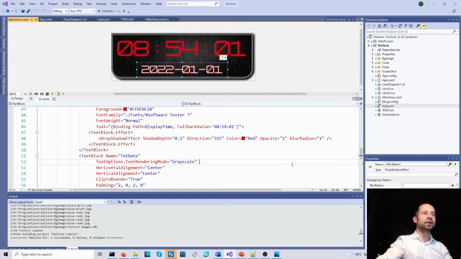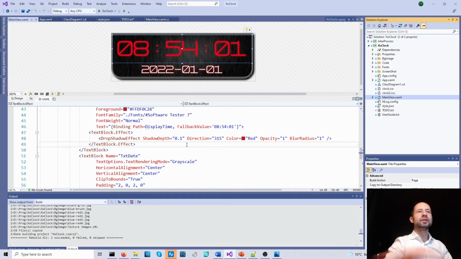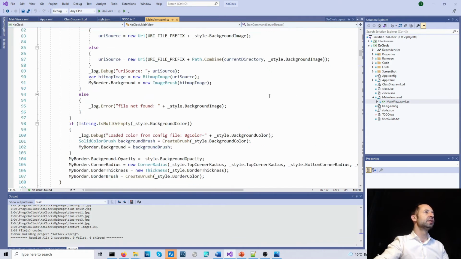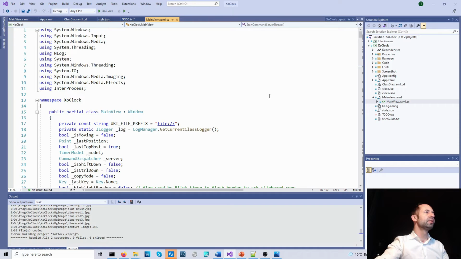Good. So the XAML view is there, and it is with some C# also in the background.